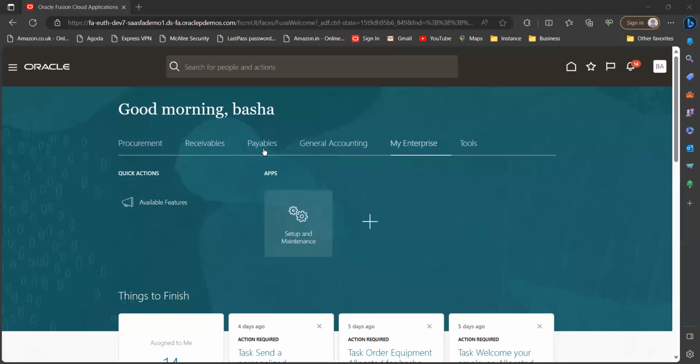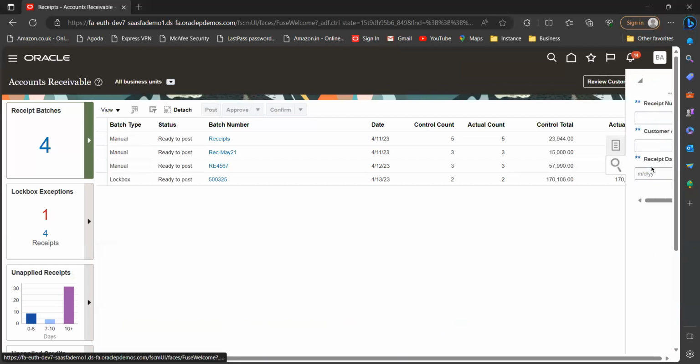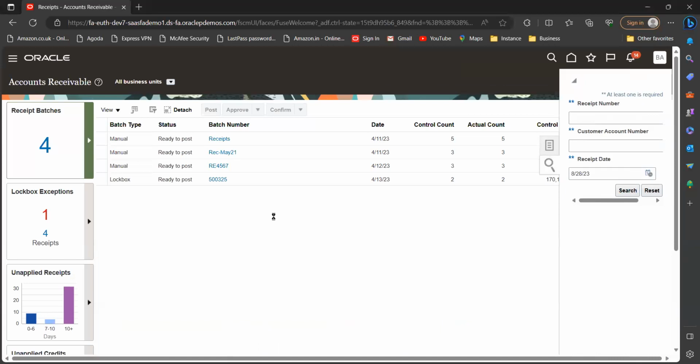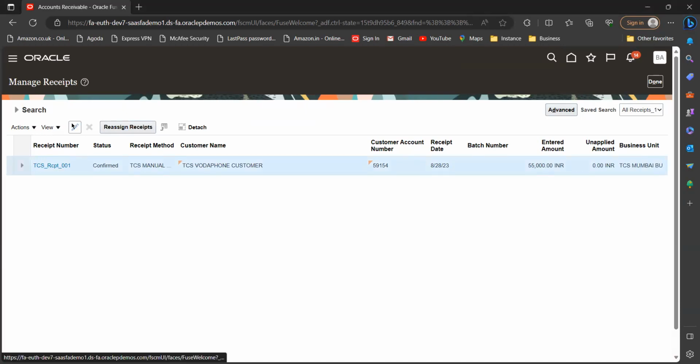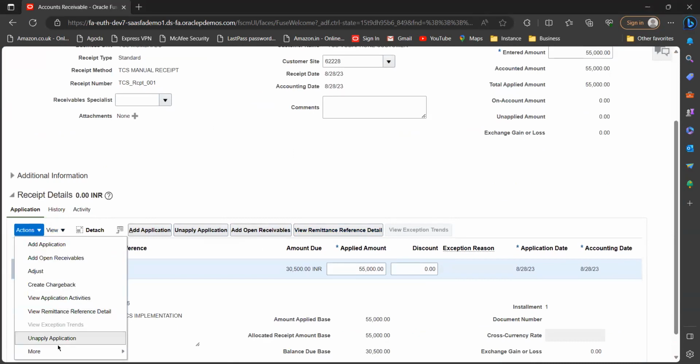Now we go back to receivables, accounts receivable, query for today's launch. Select this, edit, actions, more,